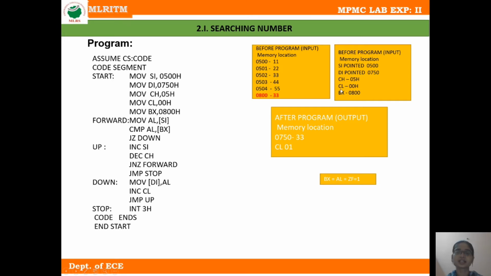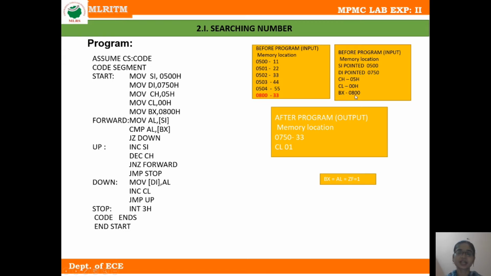I am using another register, CL, to find out the frequency of the given number. So DI and CL are used as output registers.